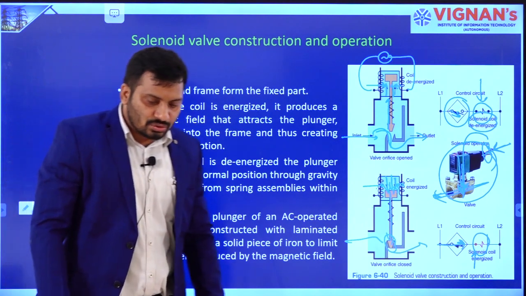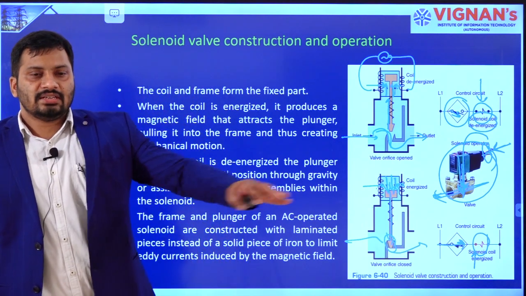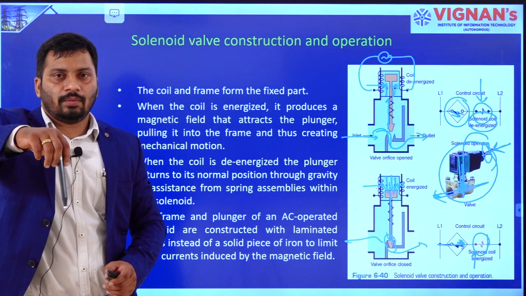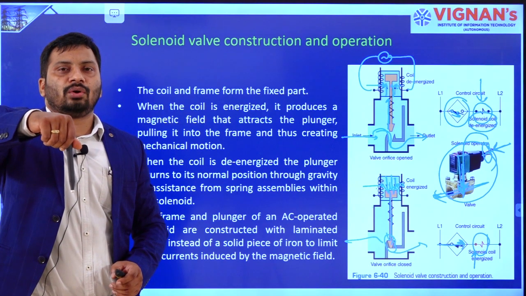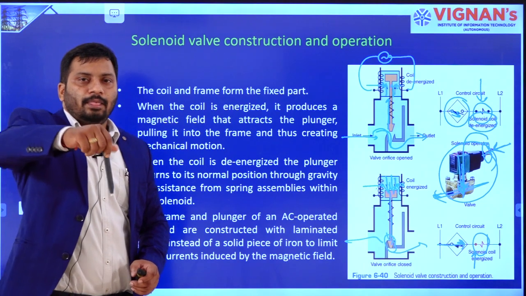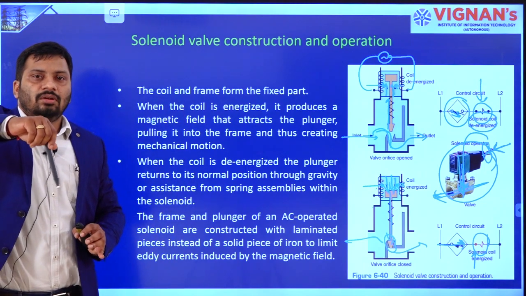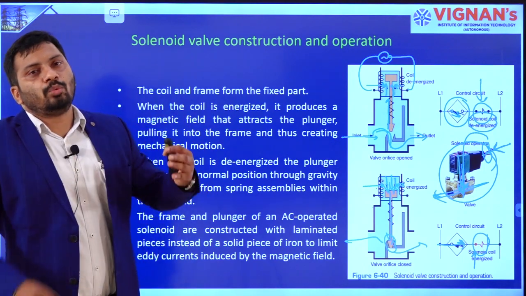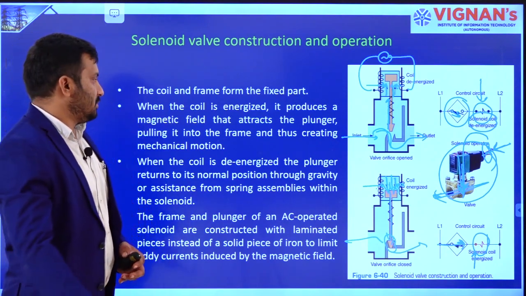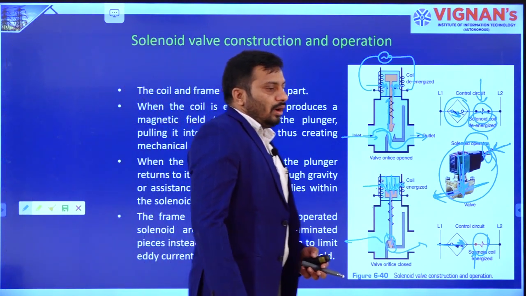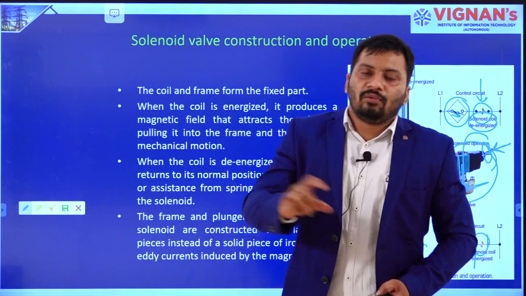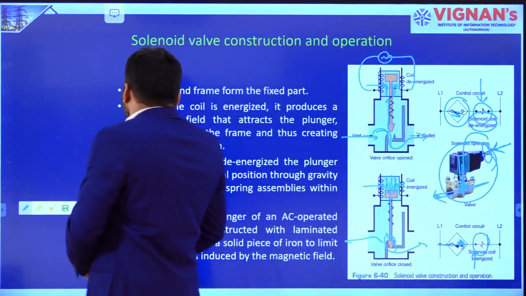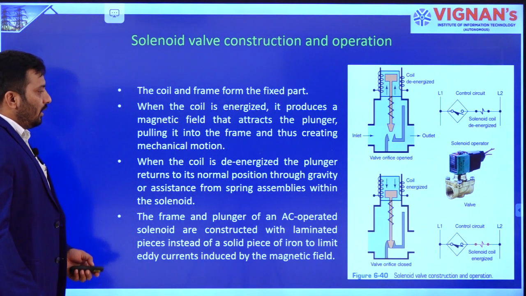The solenoid valve is used to control the flow in the channel, right. It's just like a valve in our bathrooms, that is a mechanical valve, right. In industry, we need to control these valves electrically, right. Based on the input to the input module, the PLC will do some work, then it is going to control the output valve in closed position or open position, right. Like this, the solenoid valve is used in industry to control the flow of liquid in the tubes, that means channels, right. So this is about the solenoid valve, right.